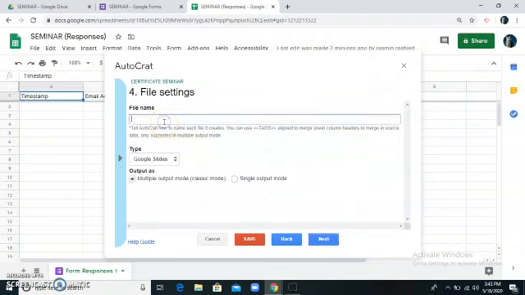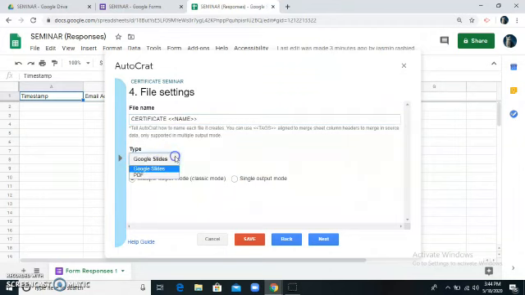The file name is the destination name where all the certificates that are generated will be stored. So file name, I'm giving as certificate. You can have your own file name followed by the tag, because we are going to generate n number of certificates. To have the difference from one certificate to the other, I am going to insert the tag as name. So the file will be saved as certificate with the name. Suppose the certificate is designed for me, the file will be stored as certificate with my name.